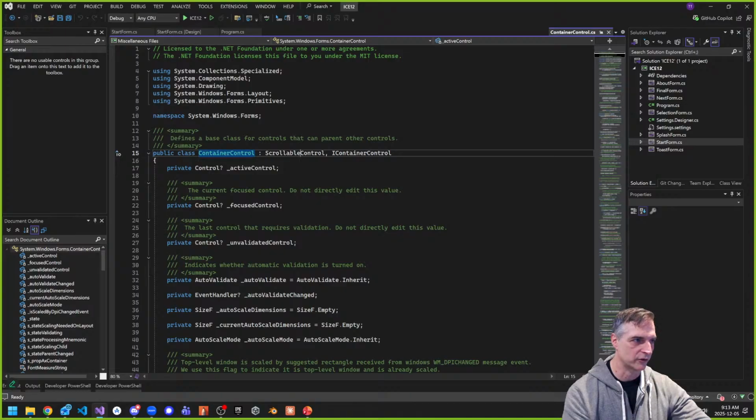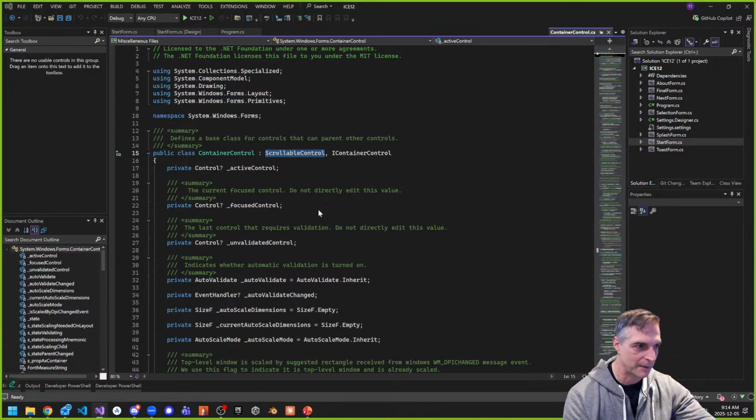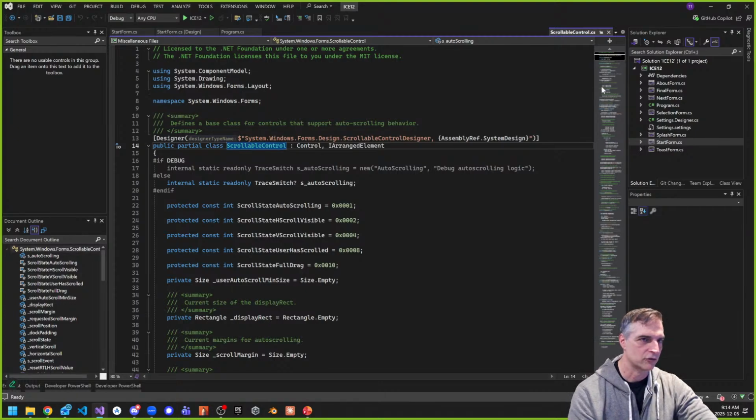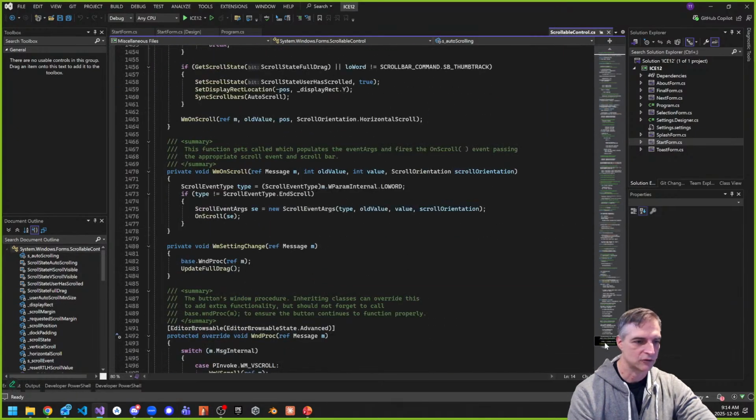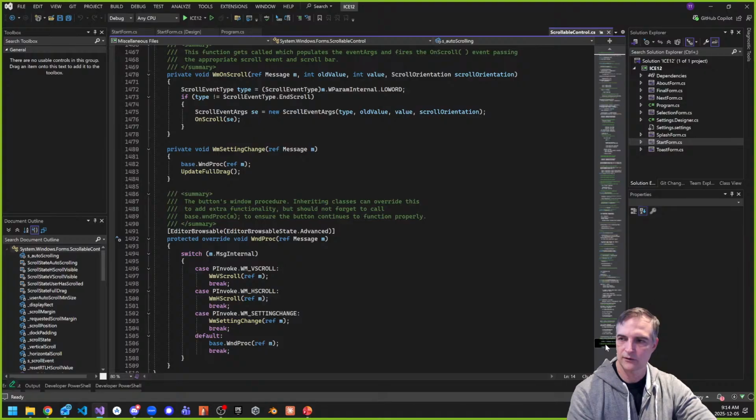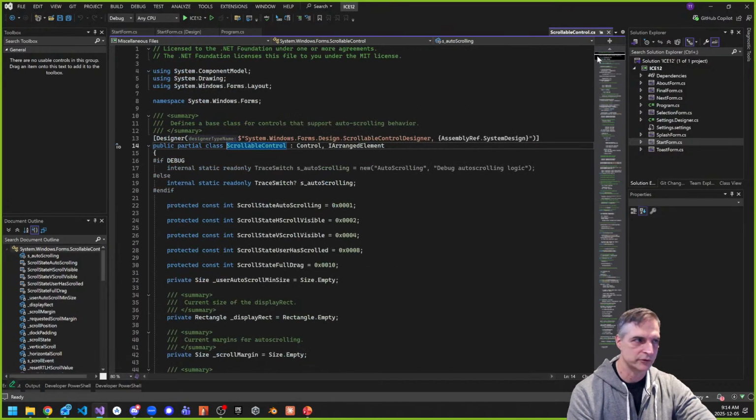Okay, scrollable control and I control, this is an interface, but scrollable control is the thing that container control inherits from. Okay, let's look there. Let's go down the rabbit hole here. Scrollable control, so we had 2,000 lines. Scrollable control is another 1,500 lines. So now we're like 9,500 lines of code so far for your form, right? Scrollable control inherits from control. Okay, let's look there. So let's see how that goes down the pipe.